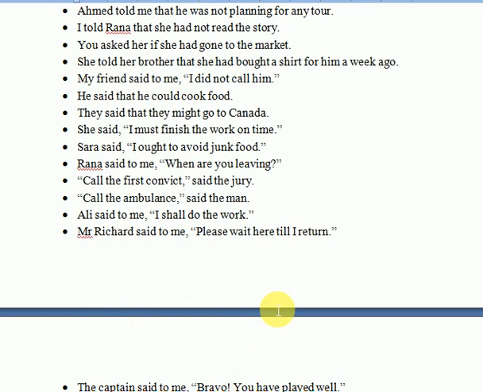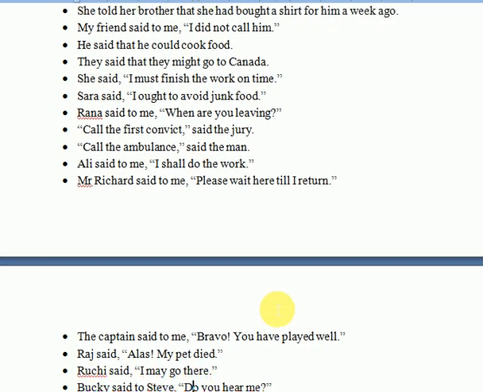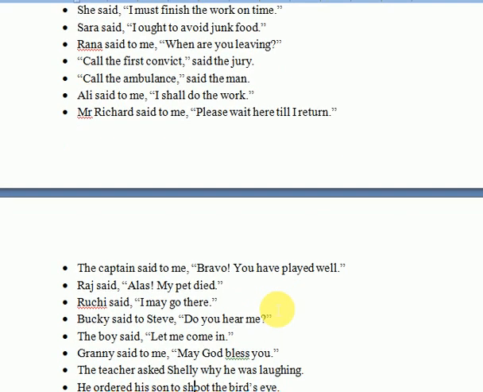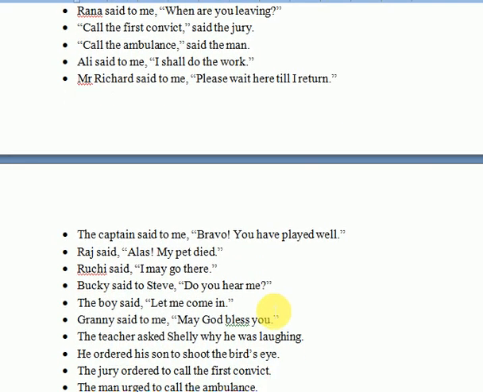So have a look at these sentences. You may practice these sentences for better understanding. And we may see that this is a mix of sentences, like there are exclamatory, imperatives, interrogatives, and there are both direct and indirect sentences there. And you would take up the practice, and I hope you got the lesson.